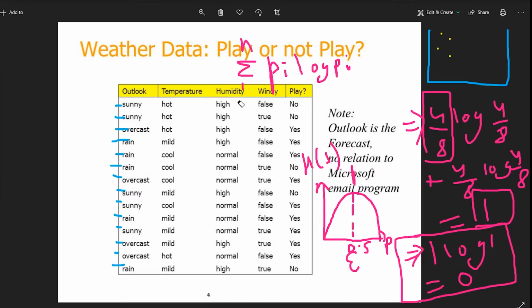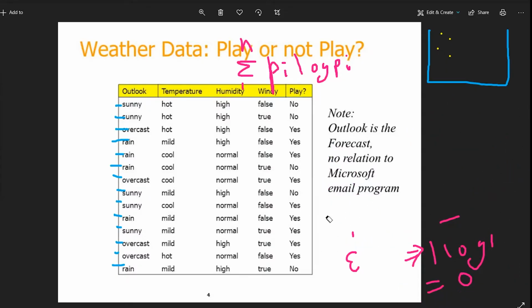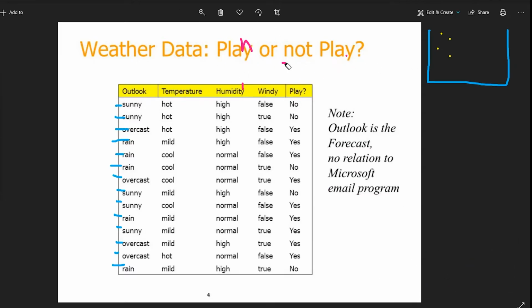So this is how you can find out the entropy of the system. Okay, so the next thing is how we are gonna decide, let's suppose we are going to make a root node. So how are we going to decide that we want to split our tree on the basis